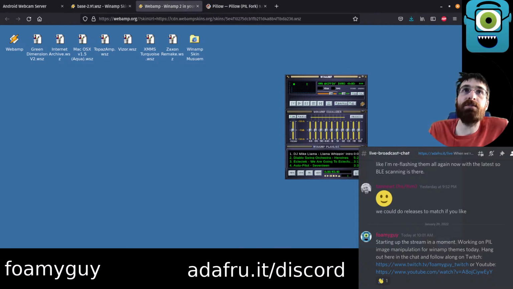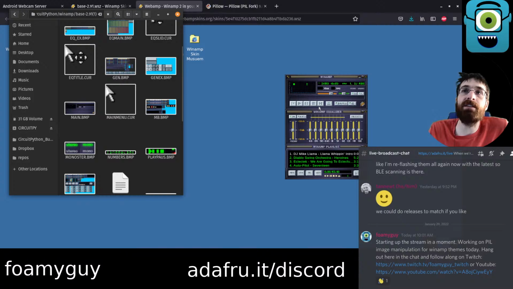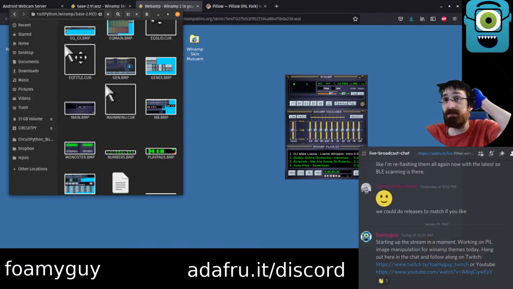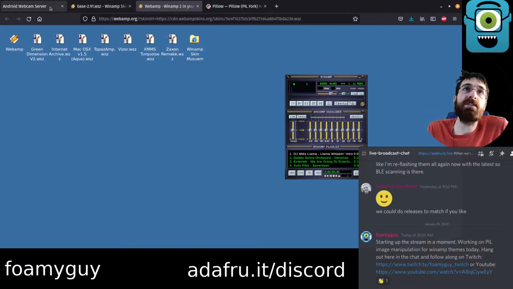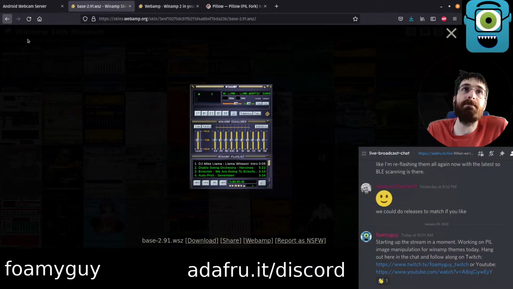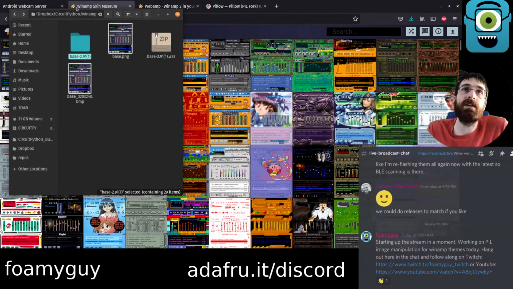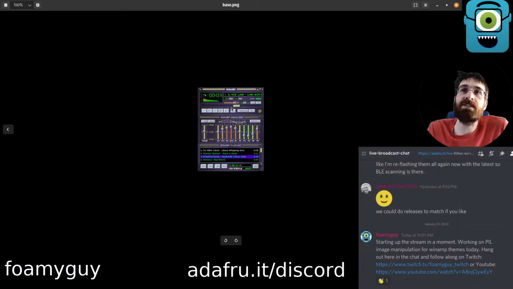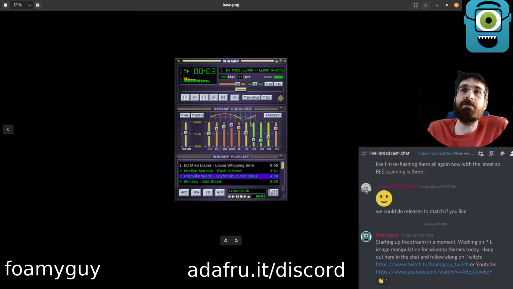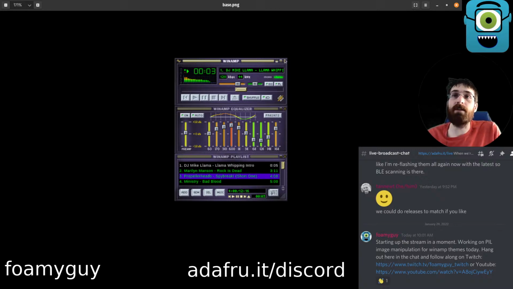So one option is to build from the sprite sheet, just like the emulator here would, and just like the original Winamp program would have done as well. Build it from all of these parts. The other option I thought of was, what if we start from the preview image, which is what I downloaded there, right? This one, base.png, the preview image for this theme. This is nice for a few reasons. For one thing, we don't have to put all the stuff together, right? We already have a reasonably full, put-together